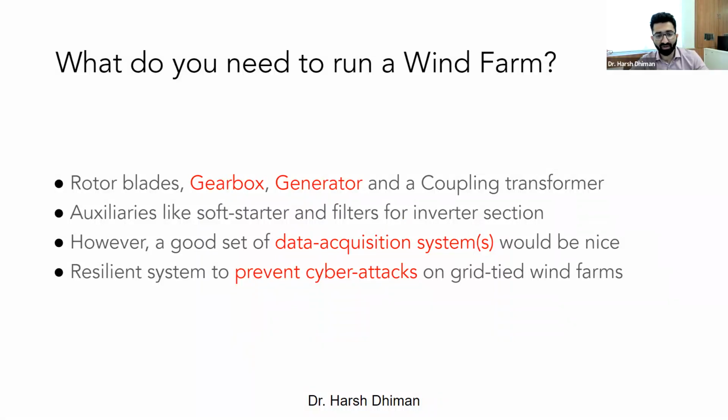When you're generating, you need to limit current also, because you do not want to damage your generator. Generators are very costly machines. They have armature windings which carry a certain amount of current, and you would not want your generator to get damaged quite often. So you need to look at the health status of your generator. And essentially, what binds this entire thing is a good data acquisition system.